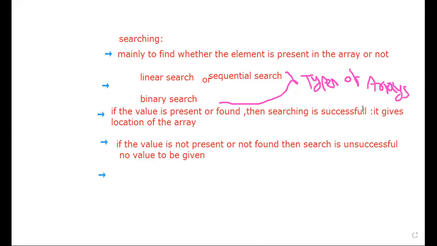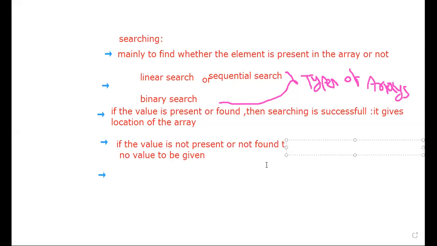If you want to search a name in the array, simply it will display the message: so and so item is found at the location so and so. So it will give the location in the array.